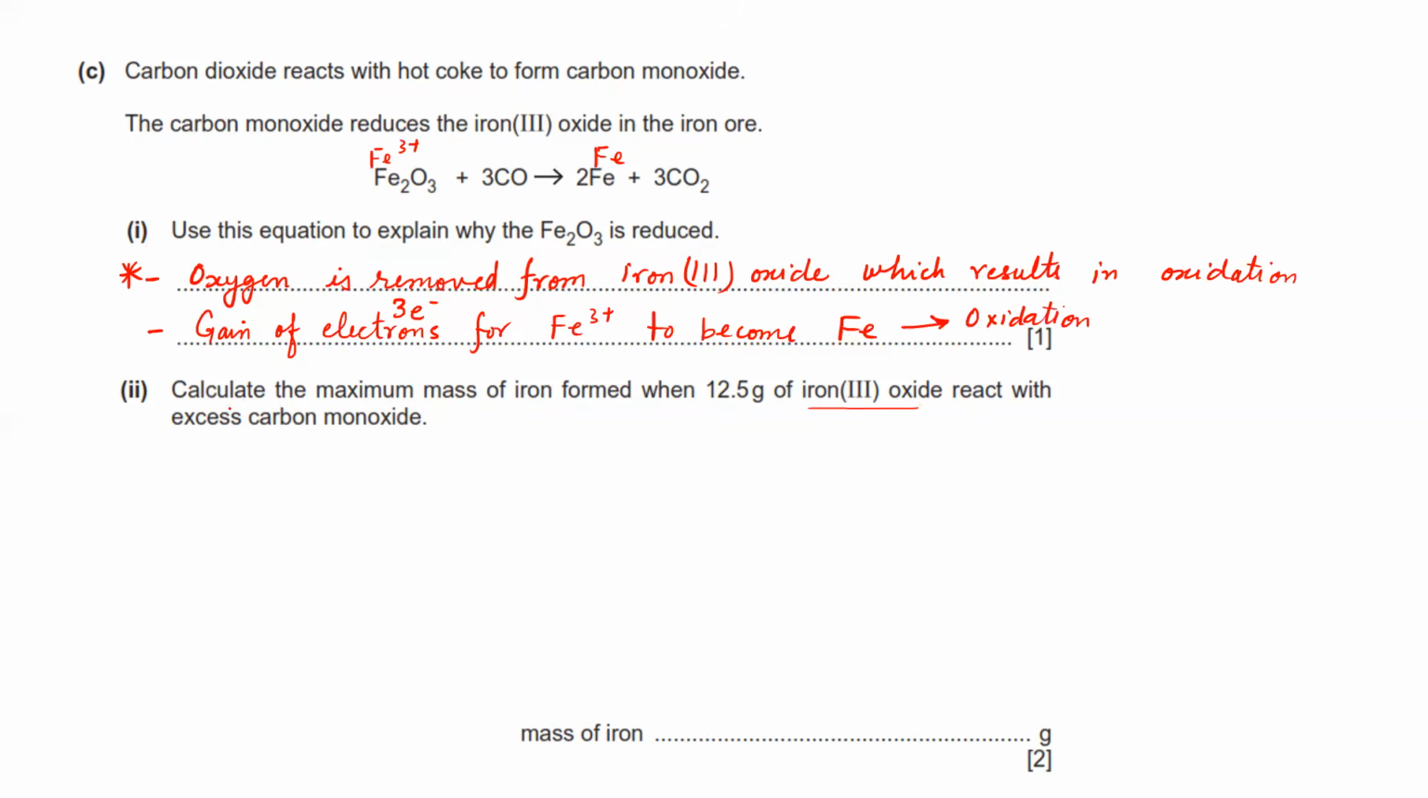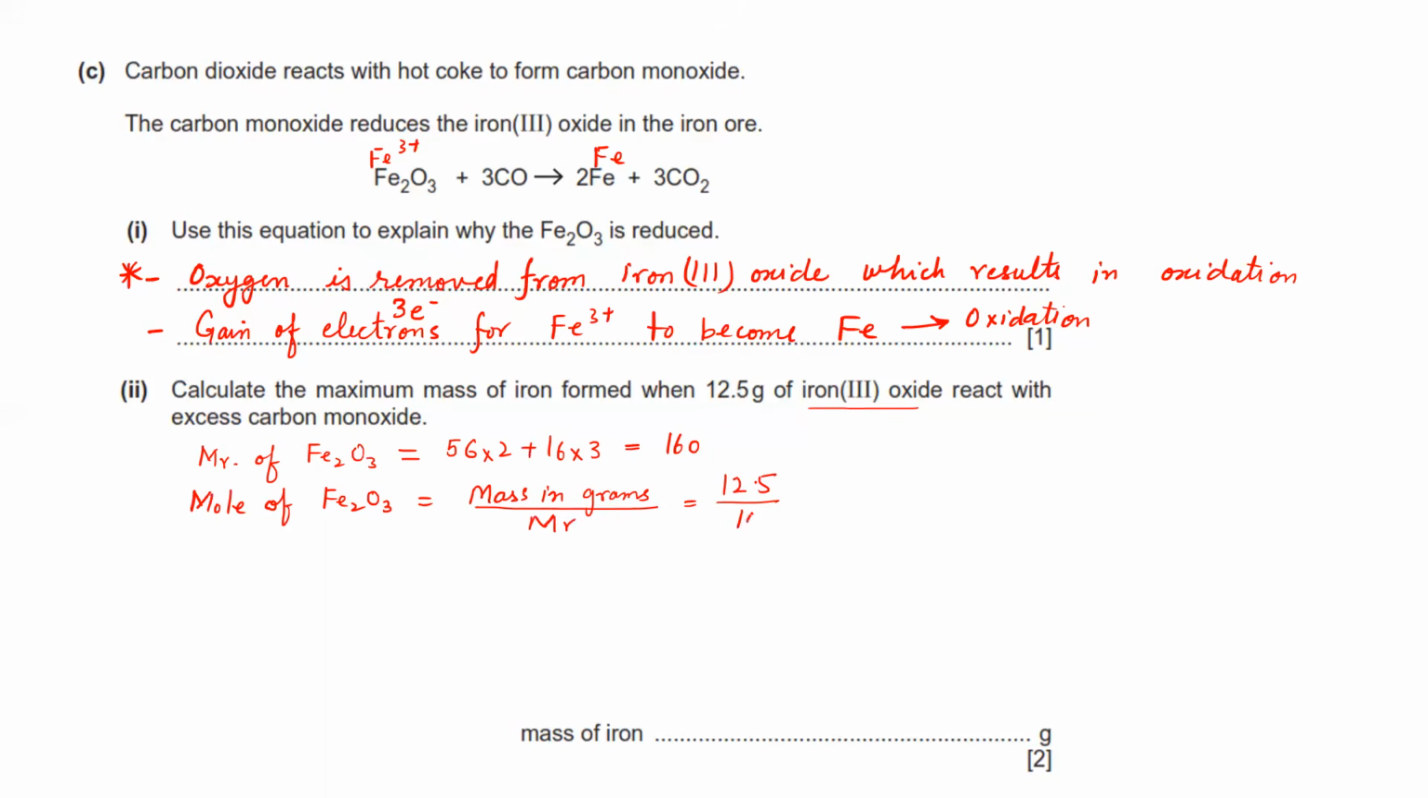Okay, so now first of all you have to calculate the molecular mass of Fe2O3. This comes out to be: iron is 56 multiplied by 2, plus 16 for oxygen multiplied by 3. This is 160. Then calculate the moles of Fe2O3. This is mass in grams divided by Mr. So mass in grams is 12.5 divided by the molecular mass, and this comes out to be